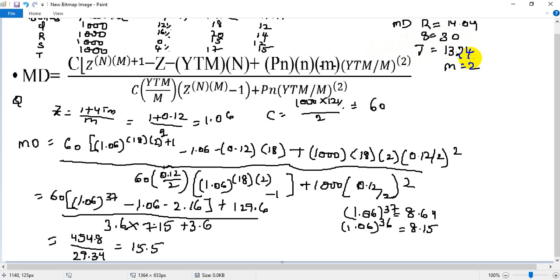Try it out at home. With this I'm done with your second unit syllabus: bond theorems, and all theorems also we have done, YTM, YTC, and you have modified Macaulay duration and duration. So I'll wind up the class now. In a similar manner you need to do for the others as well. Try it out, do it, and show me the solutions.